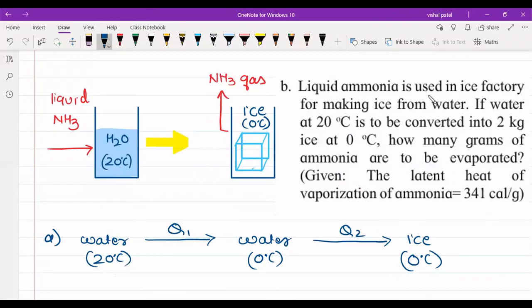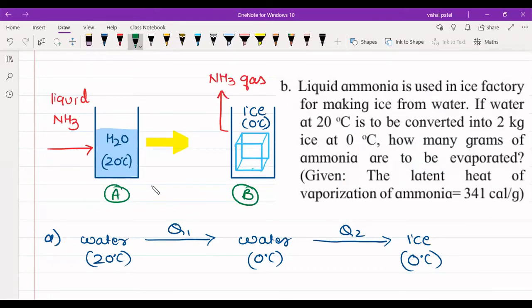Okay. I want all of you to read the question. I have made 2 diagrams, diagram A and diagram B, which show the first condition and the second condition. Okay, read the question, students. Now see, normally, students, liquid ammonia is used to cool down the substances. Okay, so if you see here initially, just a minute.